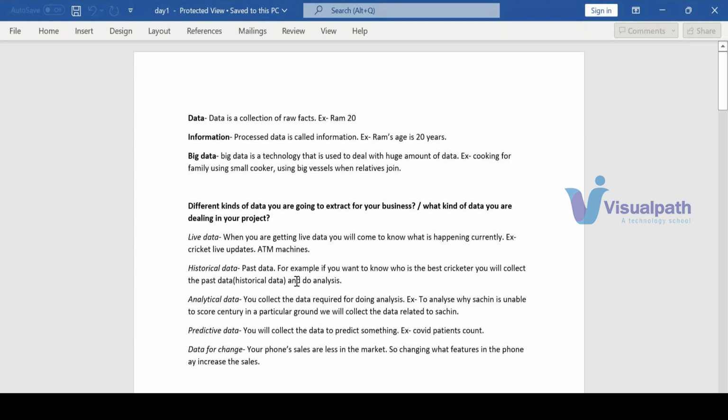Okay, now let's proceed with our class. As a data engineer, it's necessary for us to understand the basics of data. So now let's first understand what data is. Here, as you can see, data is a collection of raw facts. For example, if you see Rama and 20, Rama is a raw fact and 20 is a